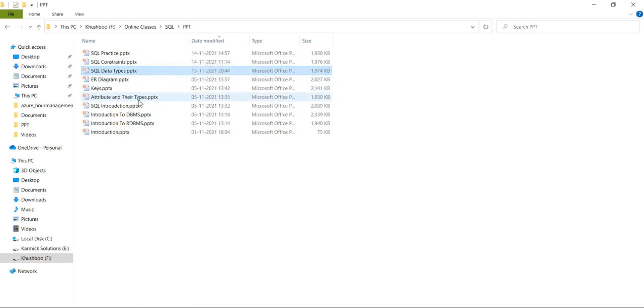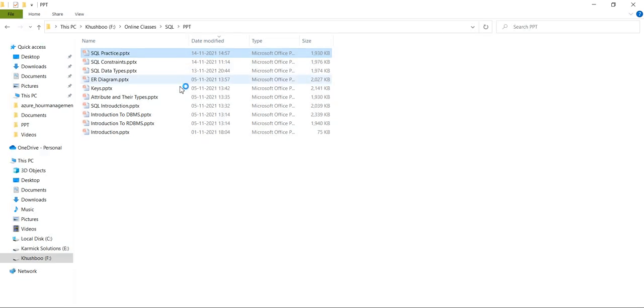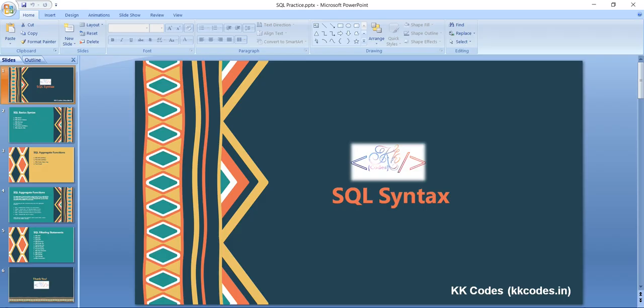We already have discussed keys and this part. Okay, let's practice this one then. We are going to discuss how to create a table, how we can define which columns I want, what would be the name of the column, right? All these kinds of things we are going to see practically.